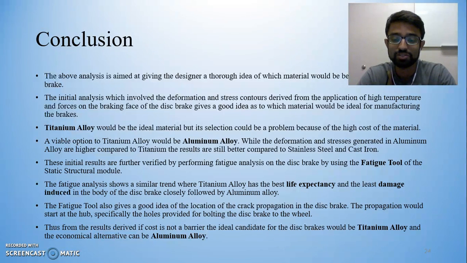The fatigue tool analysis shows a similar trend where titanium has the highest life expectancy and the least damage induced in the body of the disc brake, followed by aluminum alloy. The fatigue tool gives a good idea of the location of the crack propagation in the disc brake, and the propagation would start at the hub, specifically the holes provided for bolting the disc brake, and thus this area can be strengthened further in case the design has to be improved. Thus, from the results derived, if cost is not a barrier, I would say that the ideal candidate for the disc brakes would be the titanium alloy, and the economical alternative to titanium alloy would be